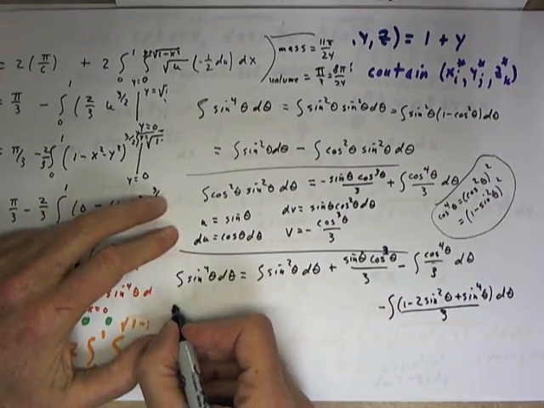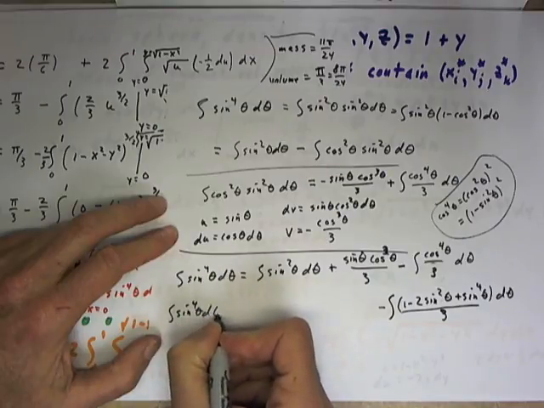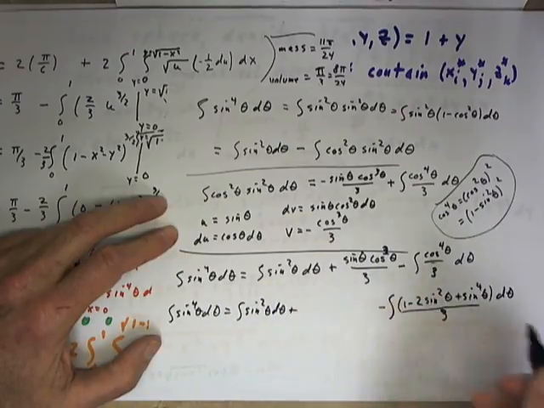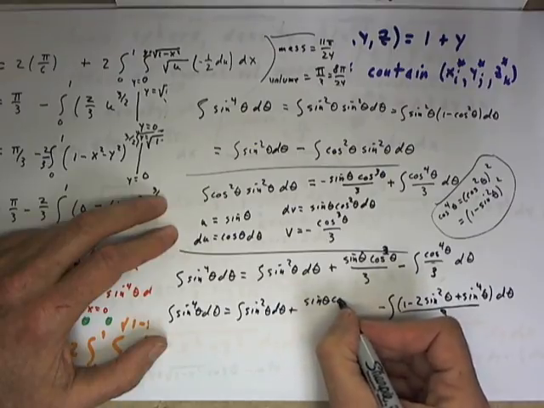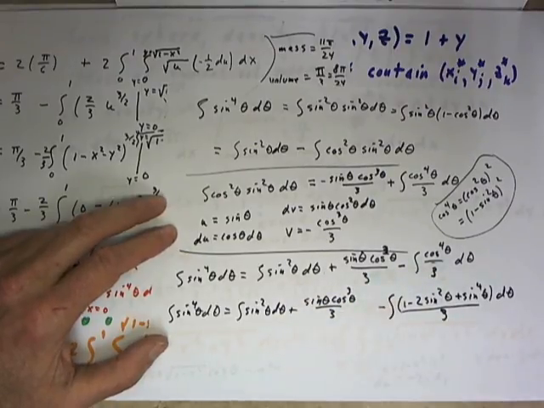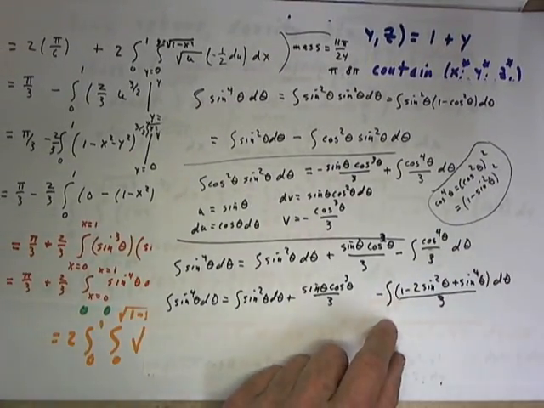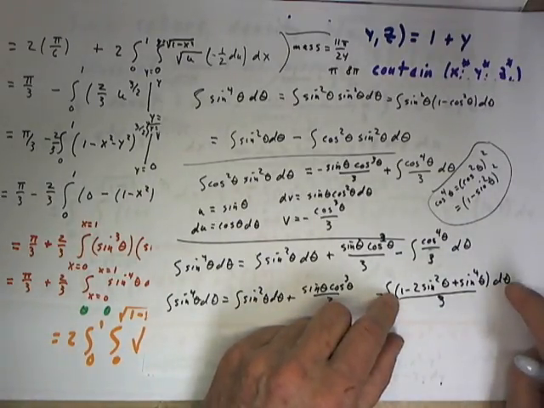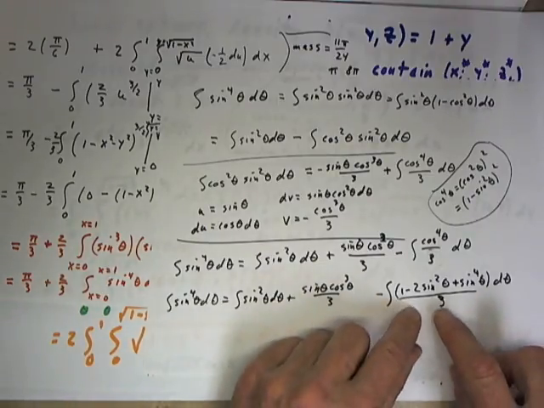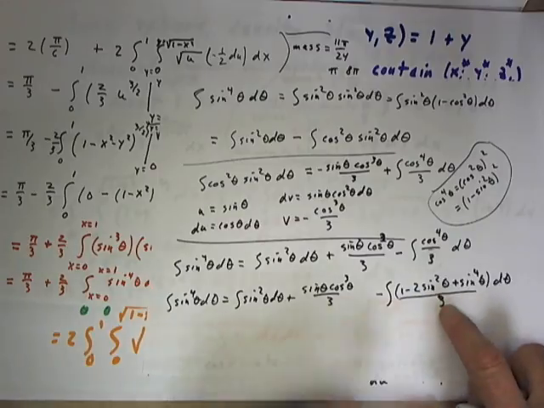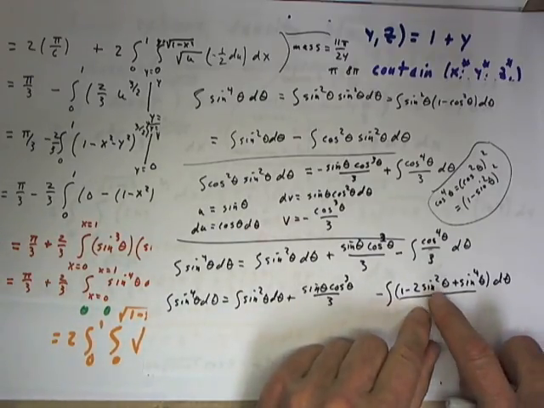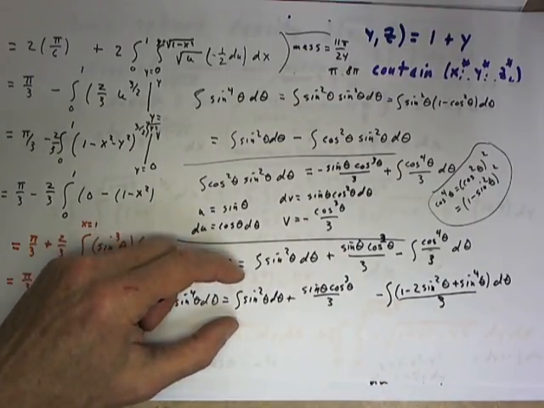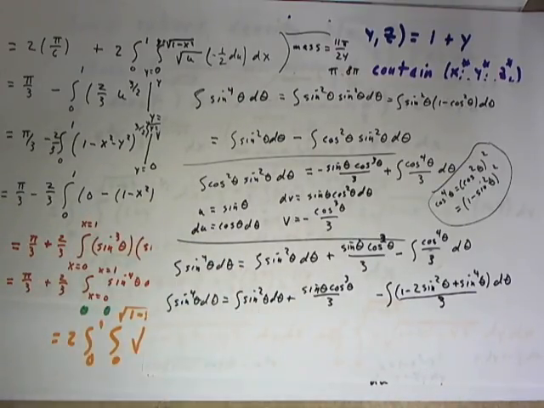So I have the integral of sine to the 4th theta d theta equals, again, an integral we know how to do, sine squared theta d theta, plus just plain old sine theta cosine cubed theta over 3, and then minus this integral. Now notice that this integral includes just the integral of 1/3 with respect to theta, which we can easily do, a 2/3, and if we take the minus of the minus, it is a plus 2/3 the integral of sine squared theta d theta, which can be added to the integral of sine squared theta d theta here, giving us 5/3 of the integral of sine squared theta d theta,